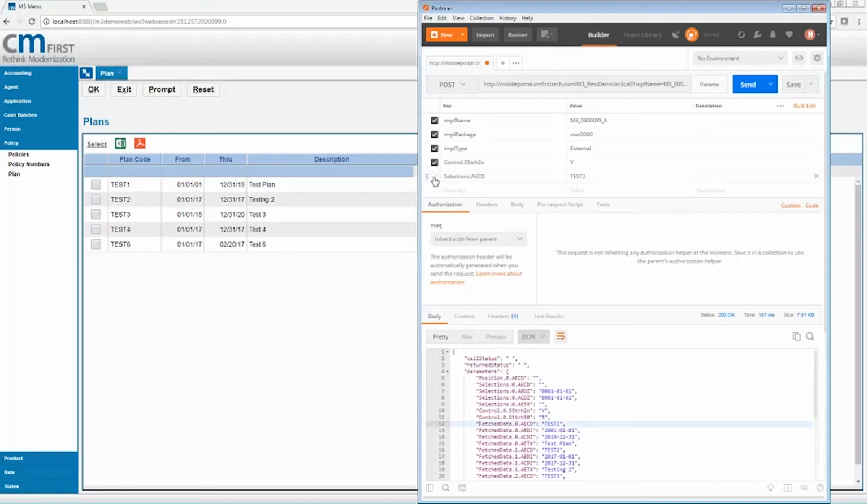You can also put in additional parameters and things to restrict your data, obviously. So if you're needing to consume this functionality, but you need to do it in a lot of different specific ways, you're able to do that through the API. So I'll just go ahead and add that parameter where I'm only going to search for test2. And you could see in my fetch data, I only bring back my test2 option.